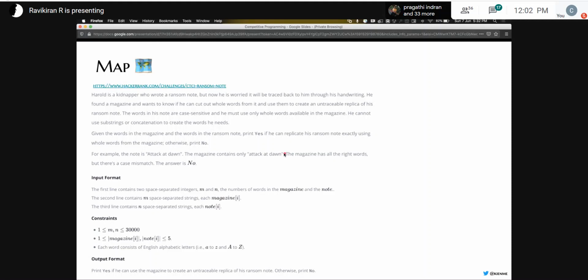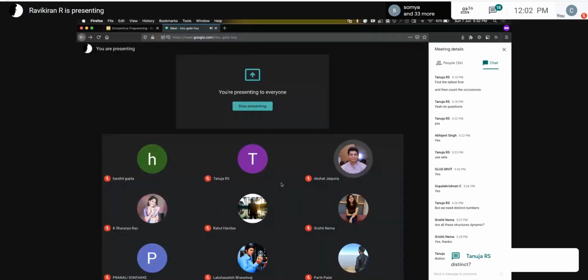But there's a flaw in this. Can anyone identify what the flaw is? Why can't you use a set to check if words in a note are available in a magazine? Well, distinct, yes. That is the idea of a set. But why can you not use a set? You can use distinct items in a map as well, right?